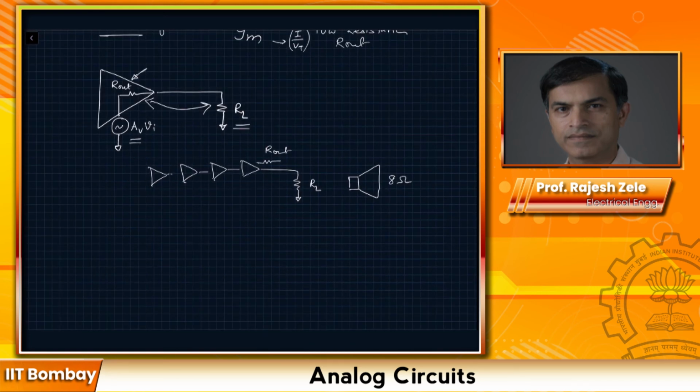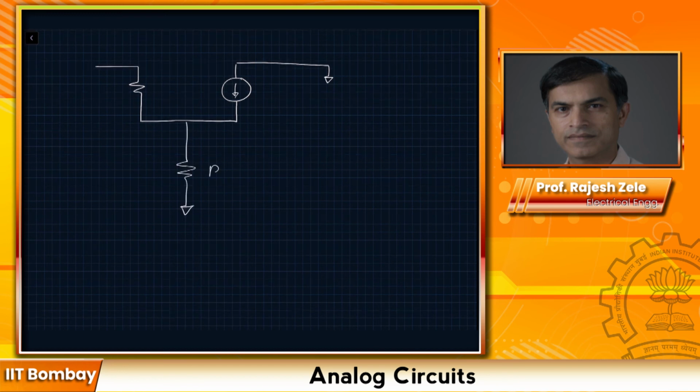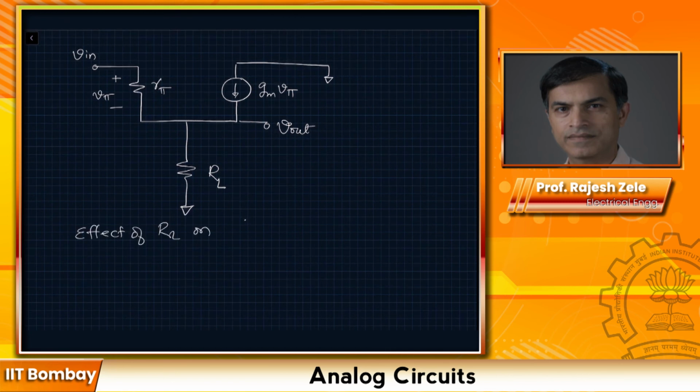One last thing we will do in this lecture is figure out what is the effect of this low resistance RL on our common emitter amplifier. So from AC point of view, our amplifier will look like this. I would like you to first go through the KCL KVL for this schematic. So in this case, what we are trying to do is find the effect of RL on the emitter follower. So KCL at the emitter node will give us